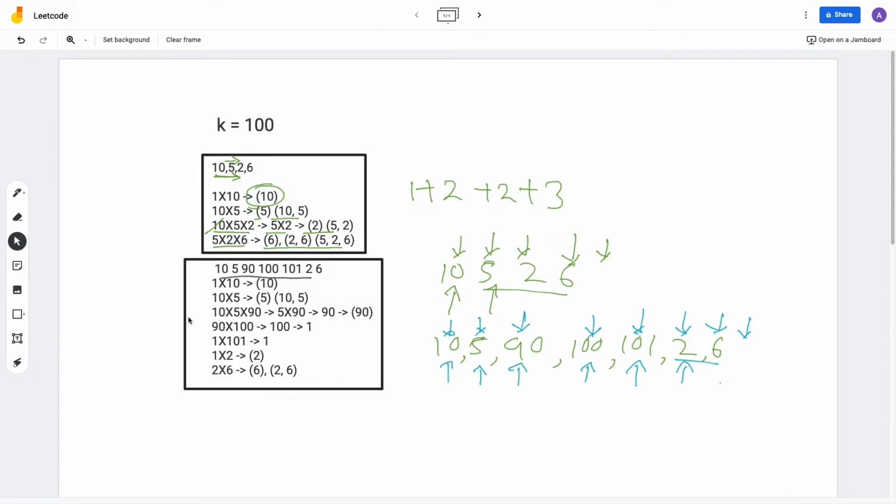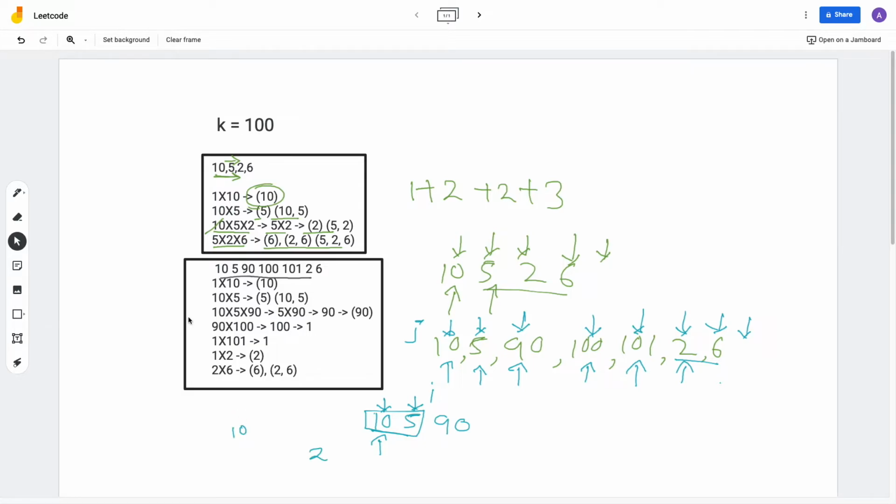So if I say this is i, and this is j, sometimes i exceeds j, because we are going to count the number of contiguous subarrays between the pointers like this. So we have 10, 5 and 90. Pointer i is here and pointer j is here. So the number of contiguous subarrays, if you see this, would be